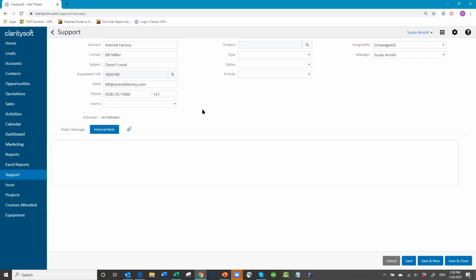And if you also wanted to see the serial number in one field, and then you also wanted to see maybe the purchase date, all you'd have to do is create another custom module lookup field. So this one might say serial number, and then you use the key field as the serial number. The other one might say